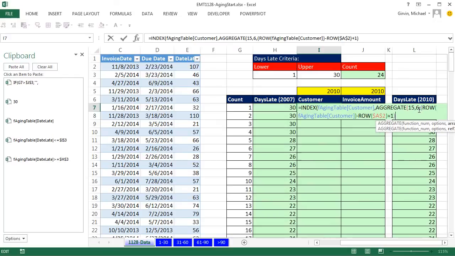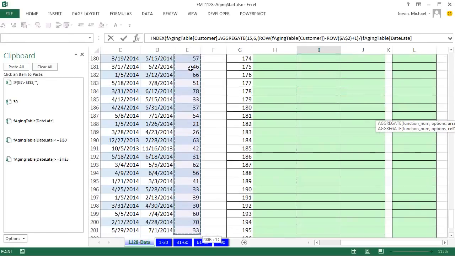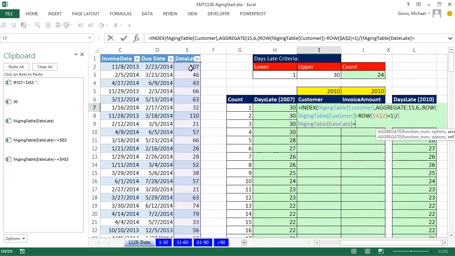Now we need to close that off in parentheses because we need to force that plus and that minus before the division. And now we only have one criteria here, so 1 parentheses. Anything in here, Control-Shift, down arrow, Control, backspace. Are you equal to? Now this cell reference, when we copy it to the side, needs to be locked. But when we go down, it needs to be relative. So I'm going to hit the F4 1, 2, 3 times, lock the column, but not the row. Close parentheses. Now, if I just created this whole array